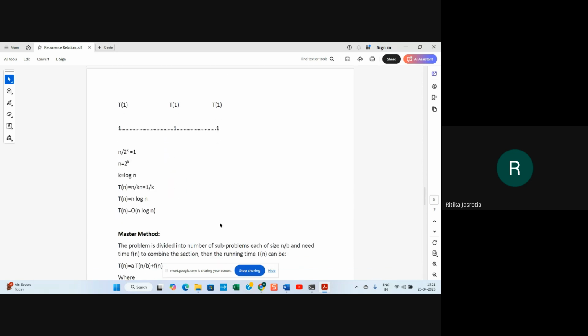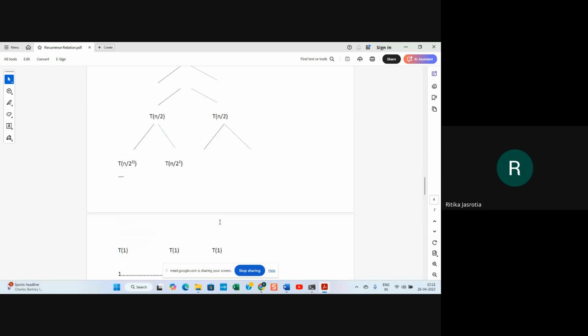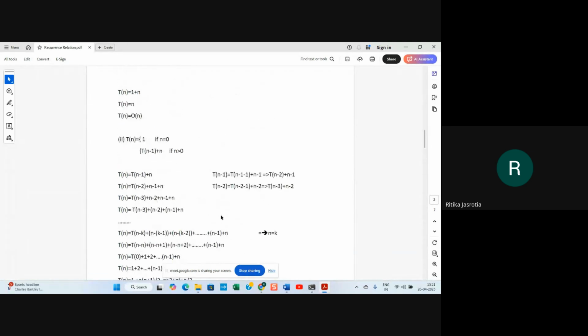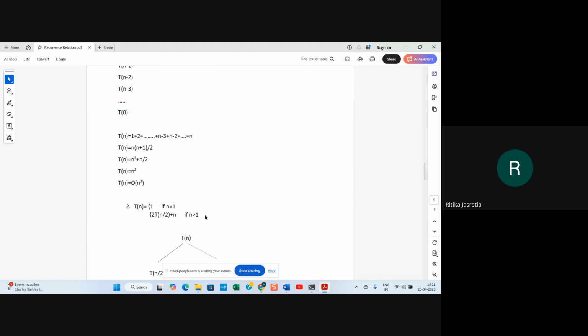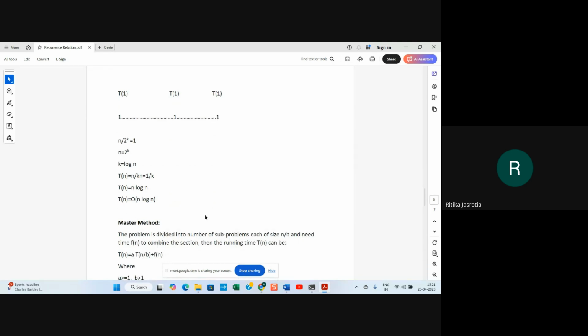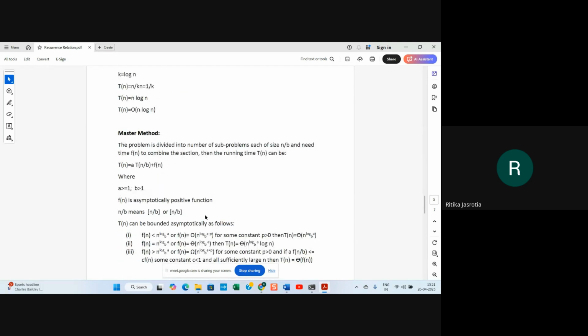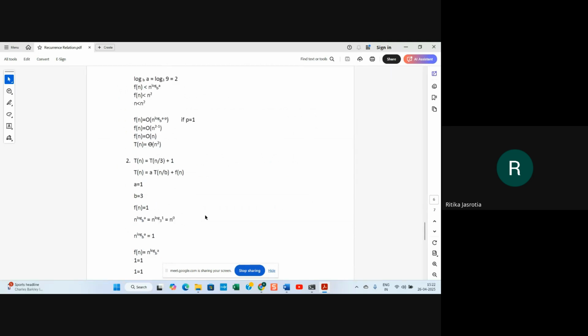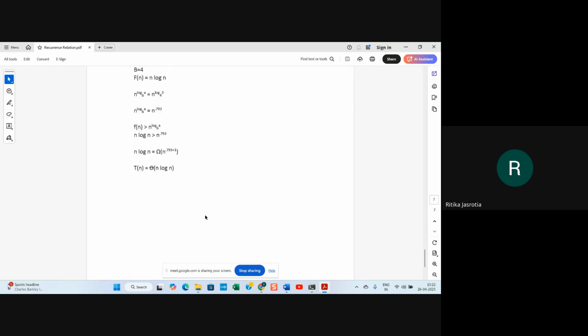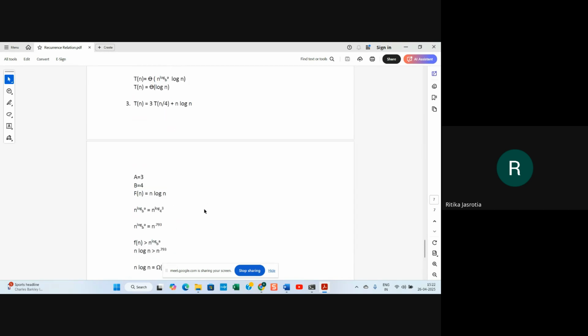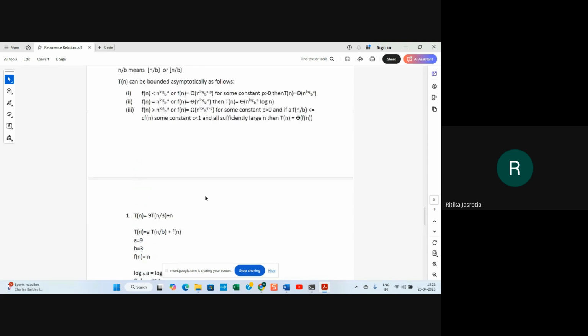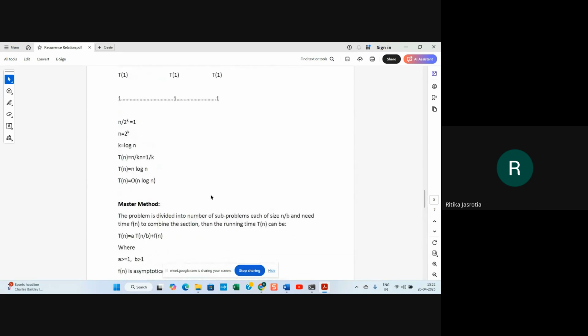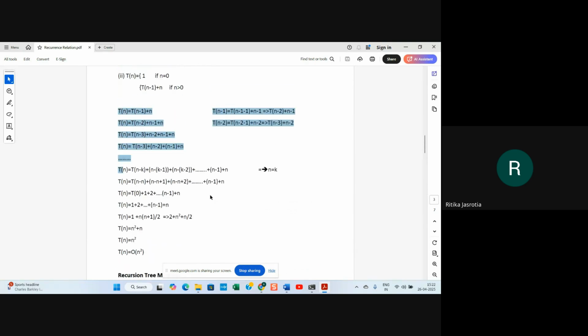So this method, generally we do not use. Mostly we use this substitution method. The substitution method is generally used for recurrence relation rather than tree method. So these are the different methods. There is also a master method if you want to solve it by master method. So master method is also there, right? These are the three methods which they are talking about. But generally we solve it by the first method, which is the substitution method.